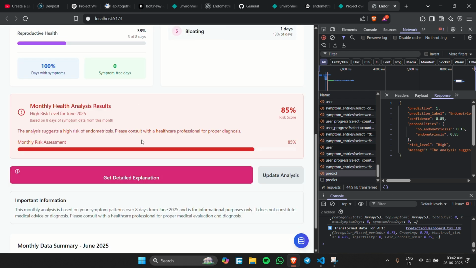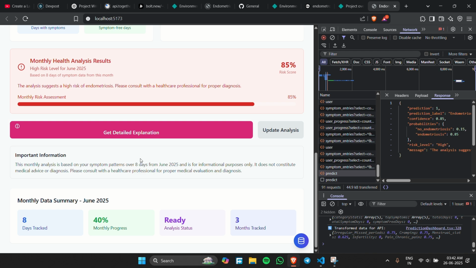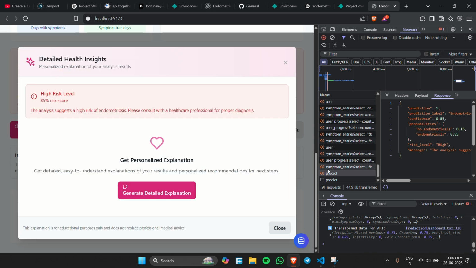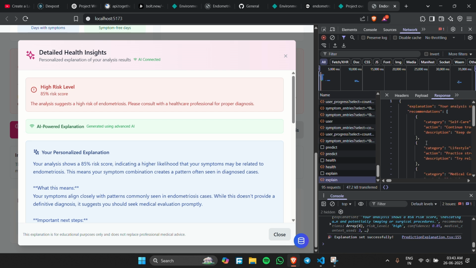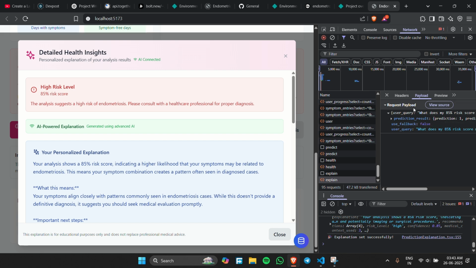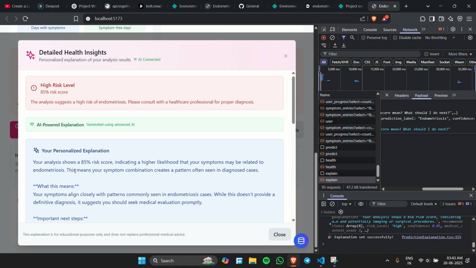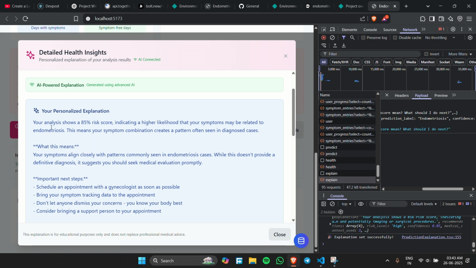Also, I have implemented a RAG system which has a personalized AI agent which answers questions and does the diagnosis for the disease so that the user can take the next step in the diagnosis process. Here you can see a personalized diagnosis of the disease which is done by an AI. I am using DeepSeek's API to get the output based on the percentage of the risk of the disease, and